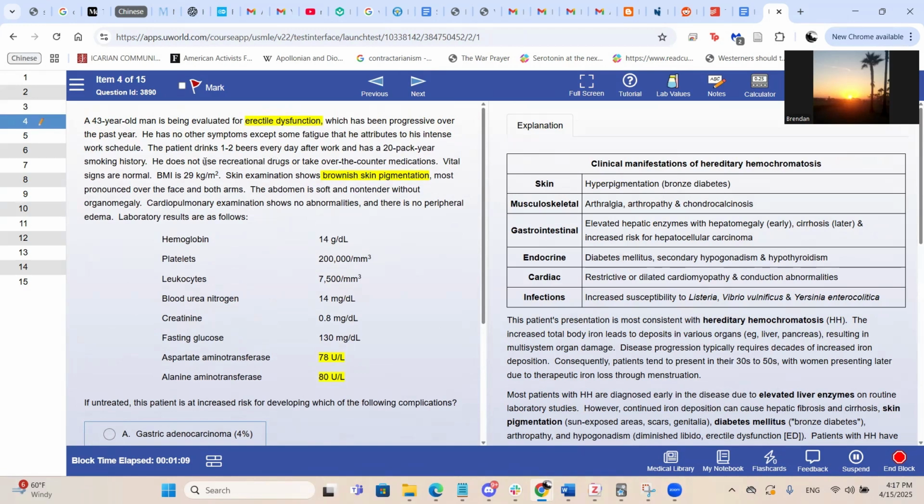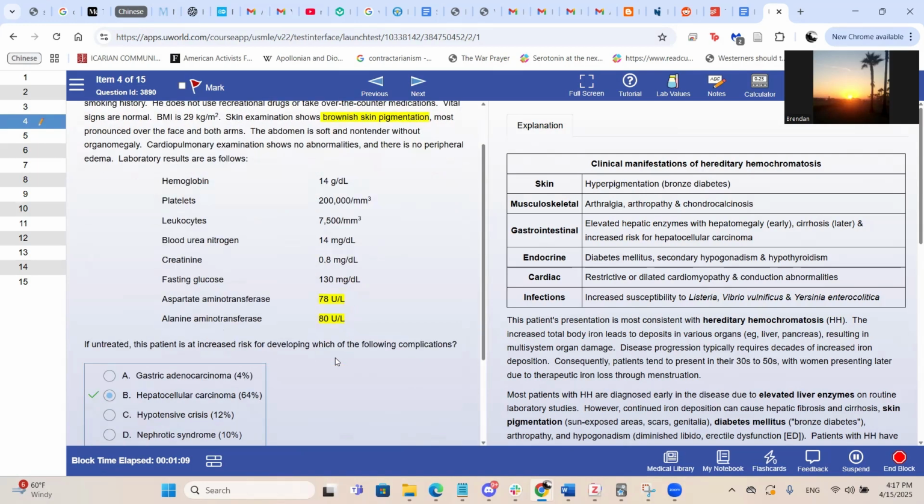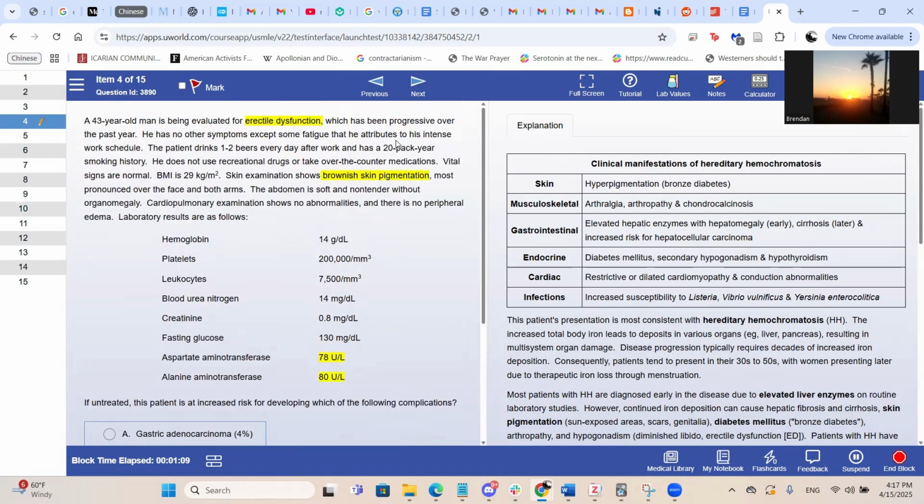If you're worried that maybe you wouldn't be able to identify this as cirrhosis on the test, you would be able to see. You know that there's skin pigmentation, you see that there's erectile dysfunction and there's liver involvement. So those three things together, plus the smoking history, are going to increase your suspicion for